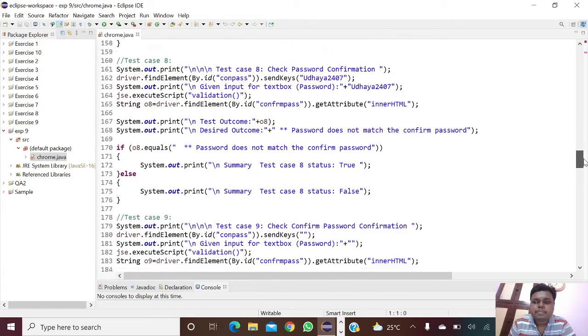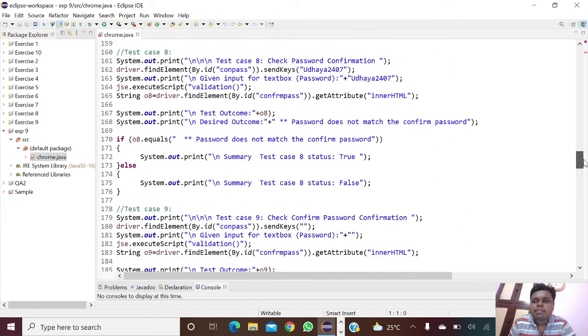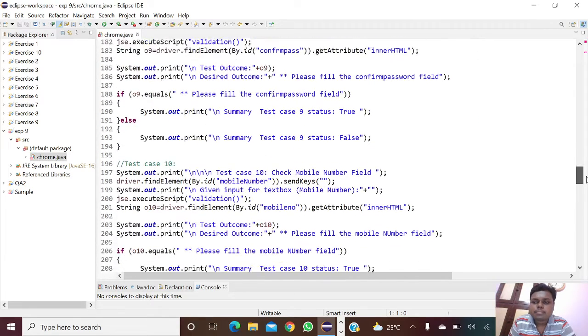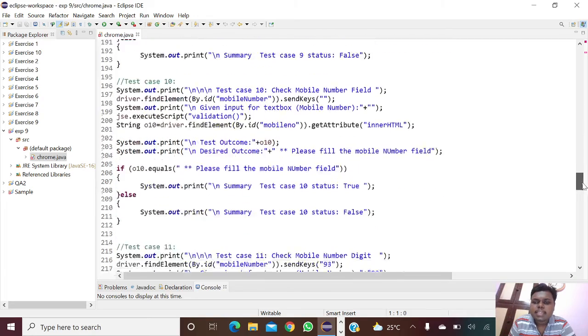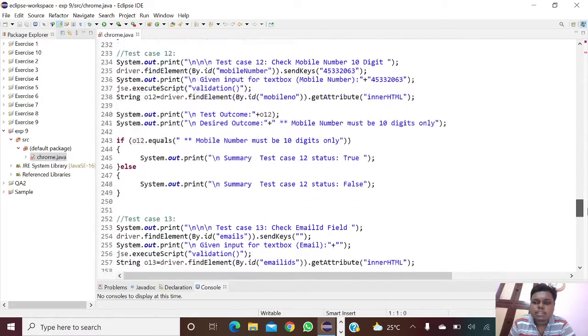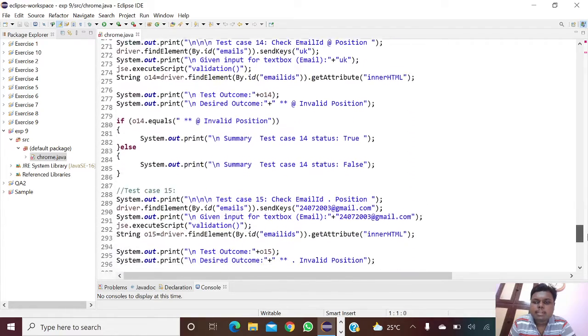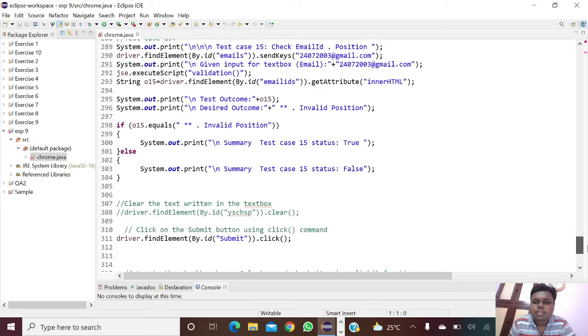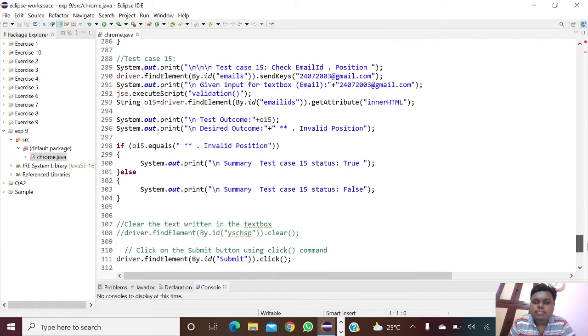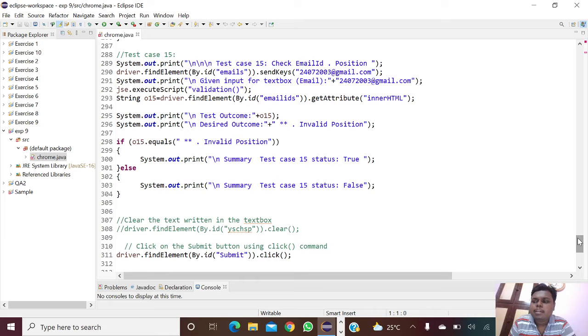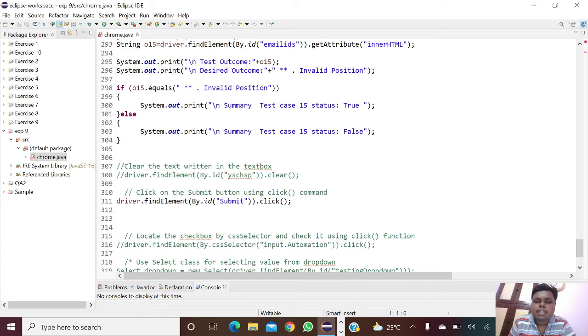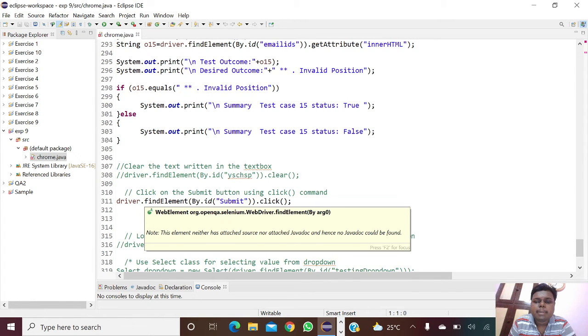Next you're getting the password confirmation. Next you're getting the mobile number. Next you're getting the email ID. After giving the email ID, we're going to give the submit button. So driver.findElement of By.id of submit and click.